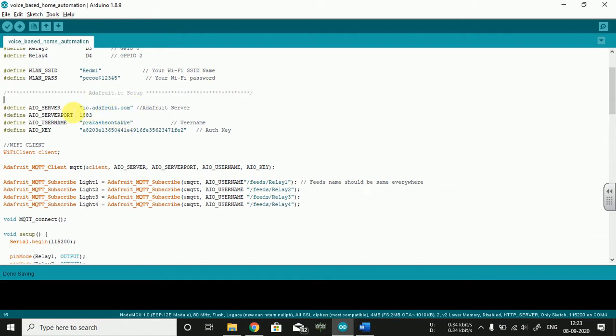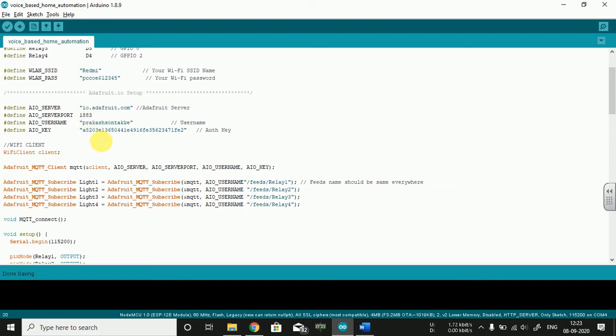The very first thing you require is to define the name of your server. Your server DNS name is io.adafruit.com. You need to use this server on which the commands can be sent and received, and you need to mention the respective server port number.